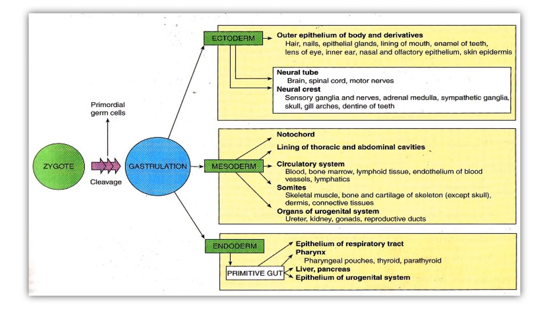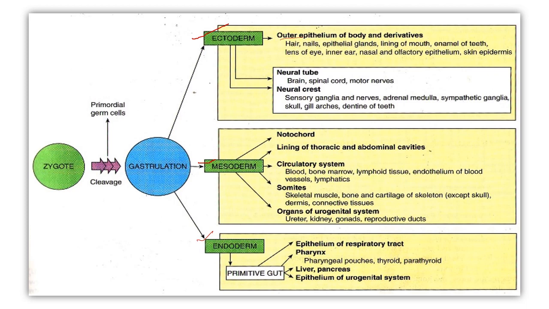So now the zygote undergoes cleavages, then blastulation, and finally it comes under gastrulation. During this gastrulation, it differentiates into the three germ layers and their organs. So now gastrulation forms the ectoderm, mesoderm, and finally endoderm and their organs. So the outer epithelium of the body and its derivatives: ectoderm forms the outer epithelium and its derivatives, hair, nails, epithelial glands, lining of mouth, enamel of teeth, lens of eye. So in the previous slide we mentioned some organs,